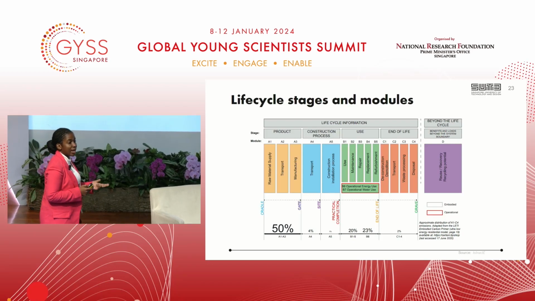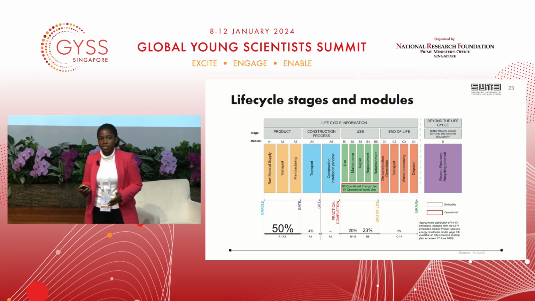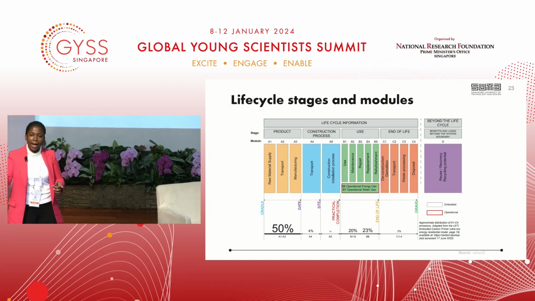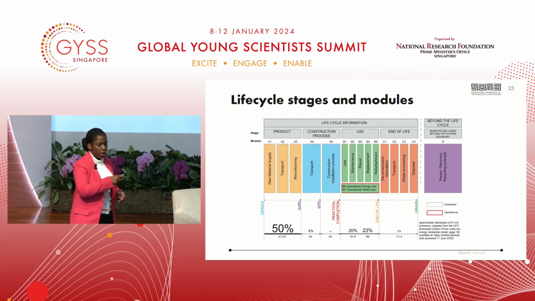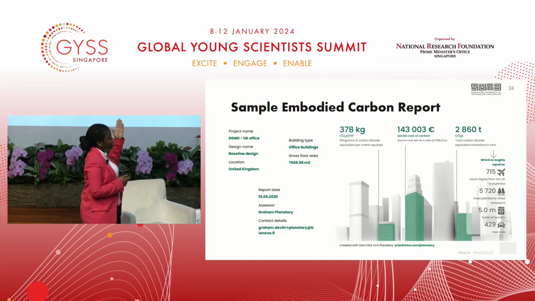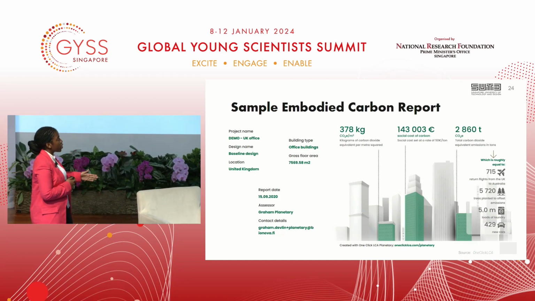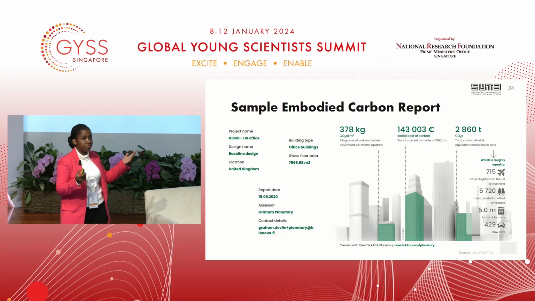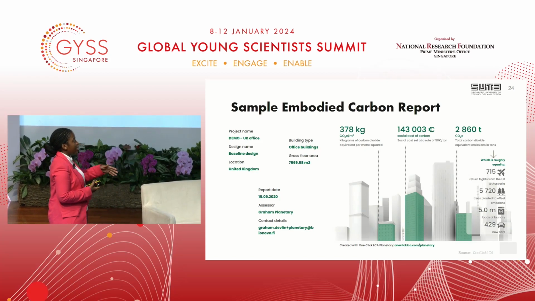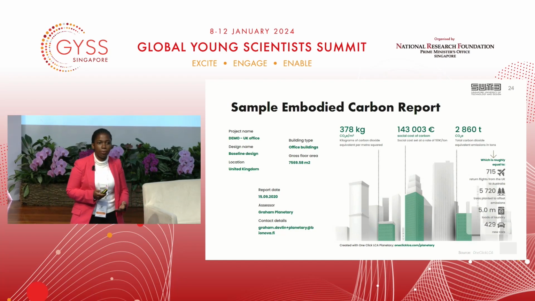We also have to track the life cycle of materials from the beginning of the materials as raw materials, we call it from cradle, but also to the end of the materials where it's actually being disposed, and that's the gate, but also going back to being reused or repurposed, so from cradle to cradle. A sample embodied carbon report looks like this. It gives various amounts of embodied carbon being emitted, but also the impact associated with that emission. So for example, instead of only saying 378 kilograms of embodied carbon, which most people won't understand, you can say it's the same as flying 715 times or buying 429 cars, which is something that people can actually relate to.